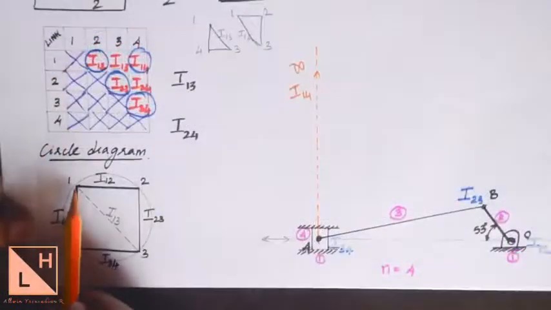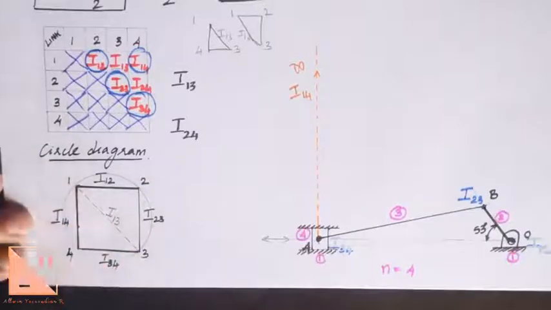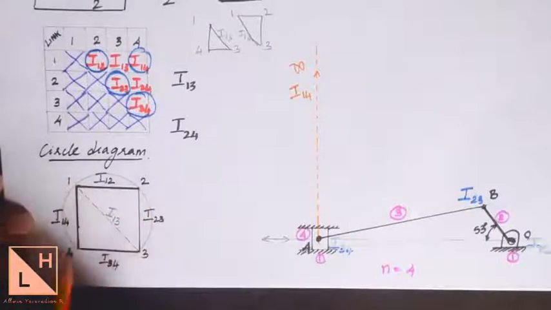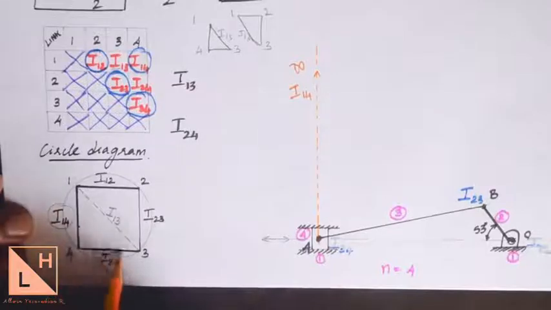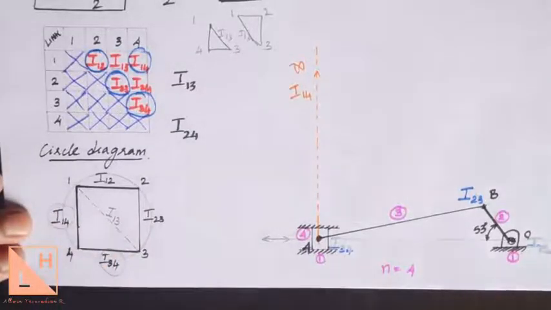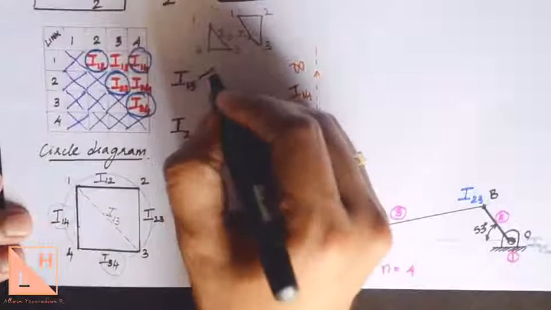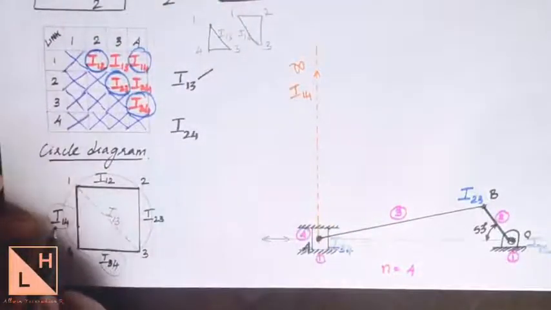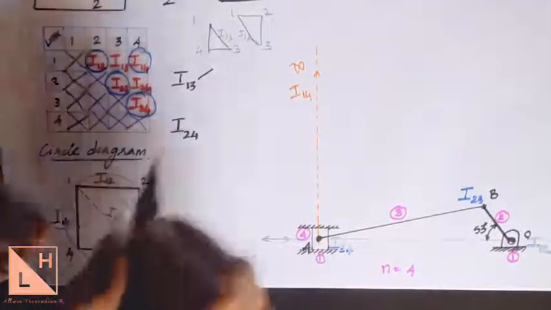Now for these 2 triangles formed when we connected 1, 2, 3, you are going to get 2 triangles as I told you. So the 2 triangles will be formed by I13 and another 2 edges. So which are the remaining 2 edges if we check? I14 and I34. So to find out I13, what you do is you join I14 and I34.